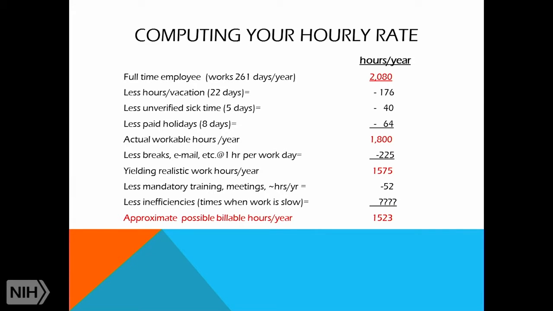So to compute the hourly rate, there's 2,080 hours in a year, workable hours, 5 days a week, 52 weeks. So you take out vacation. Whatever your institution's vacation policy is, you can take that many days back out in hours. If we're working with hours, we have to stick with hours. So 22 times 8 is 176. I'll subtract out those hours, because if you're a person that takes your vacation, because you either take it or you lose it, you have to count on them taking it. So we'll take those hours out because they can't generate any income if they're not here.